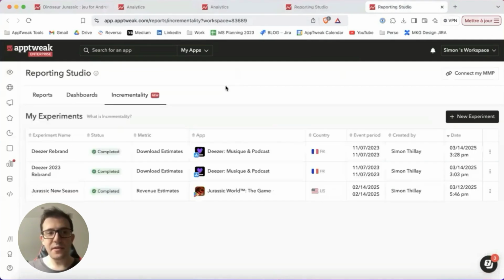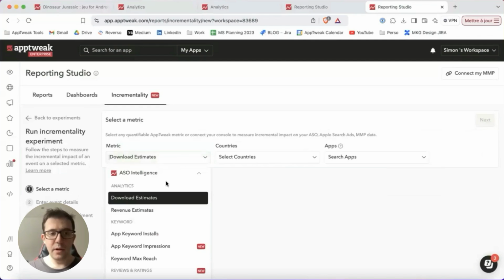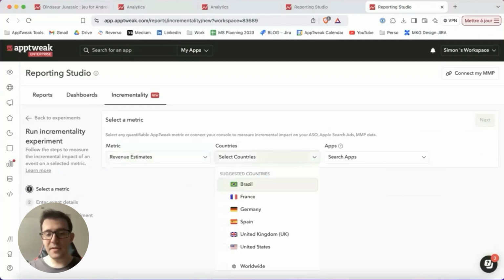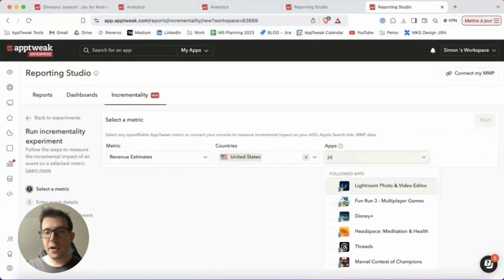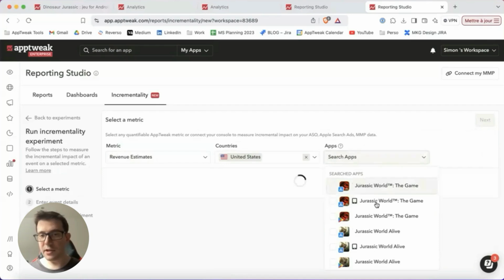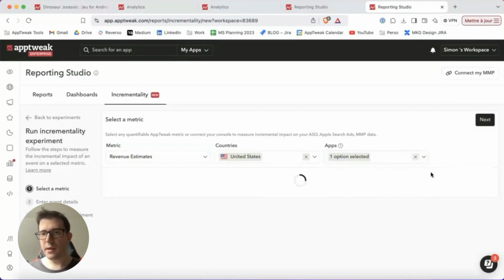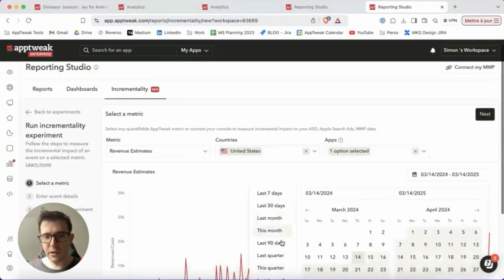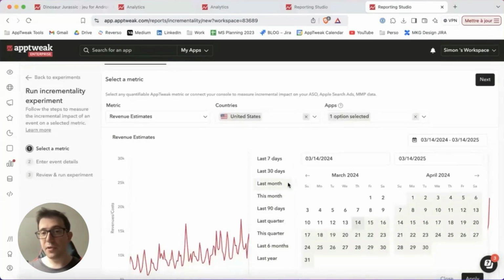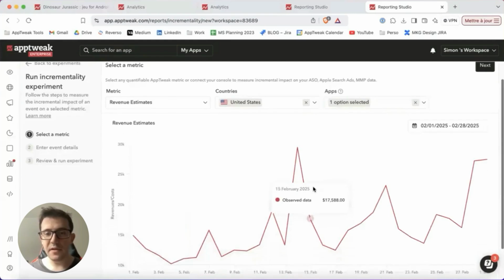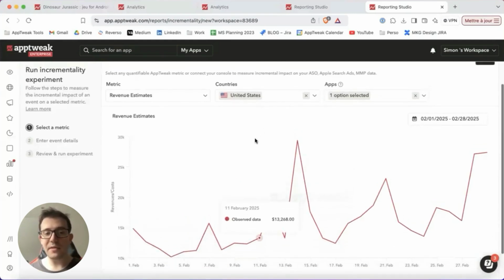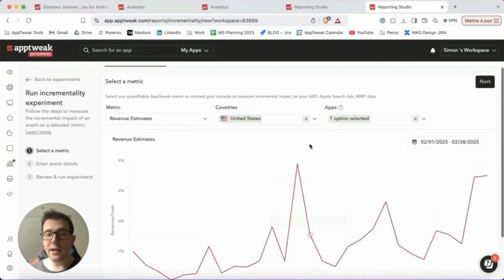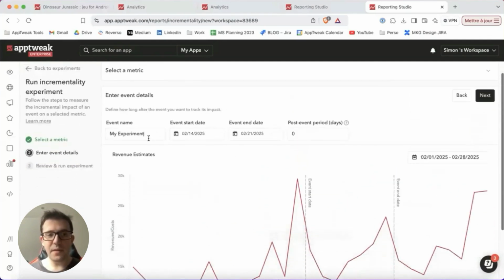The way to do that is to head to incrementality inside Reporting Studio and start a new experiment here on our revenue estimates in the United States for our target game, our competitor, Jurassic World. In here, we will use Google Play example. And here, looking at data, this is going to be purely for visualization. I can visualize again what were the revenue estimates for the game according to AppTweak in February,